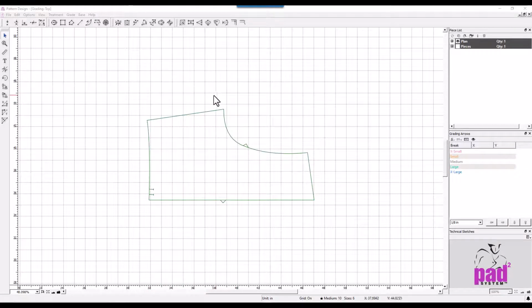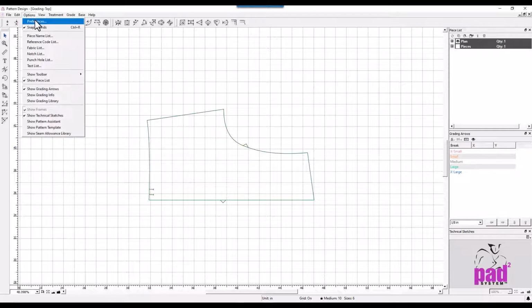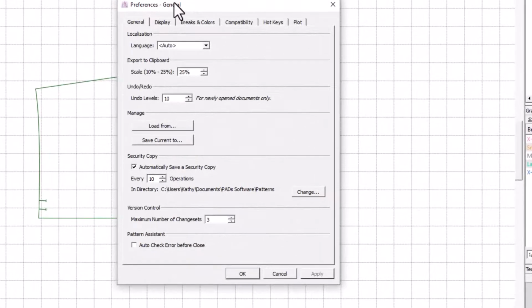PADS is a powerful program. That being said, it's best to break these videos into sections so you don't get information overload. In this video, we're going to explore the Preferences menu. The Preferences are where you can set the different parameters to customize your work area. You're going to go into Options, Preferences. The first tab is the General tab, and under Localization, if you click the down arrow, you're going to see